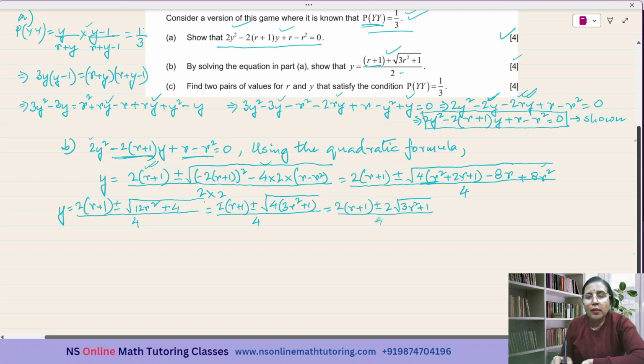over 4. So I can write this as r plus 1 and plus minus square root of 3r square plus 1 over 2, because I'm cancelling these two 2's. So I'm dividing both the numerator and the denominator by 2. So I'm getting this expression. So now I can write this as r plus 1 plus square root of 3r square plus 1 over 2,